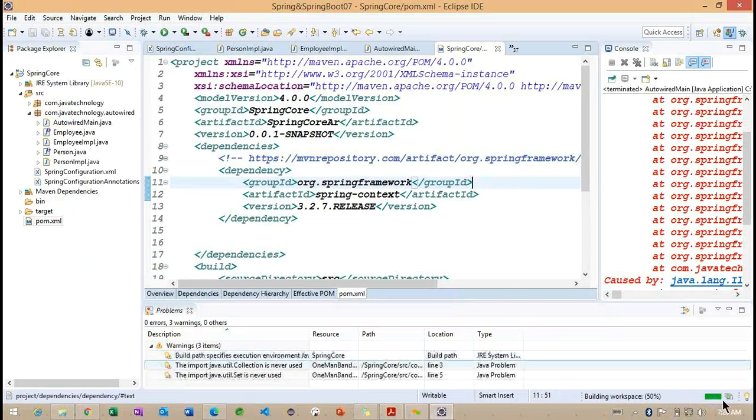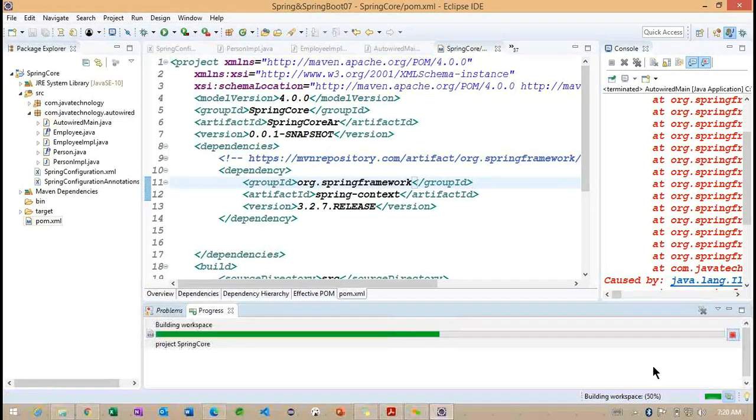So let me save the example here. Once these particular jars are downloaded, we need to check whether it is going to work or not. Basically, whenever we are trying to move on to annotations, we need to work with the version 3 jars.